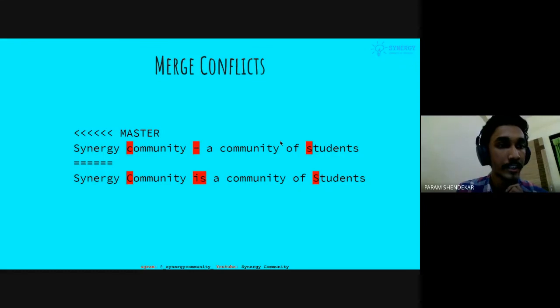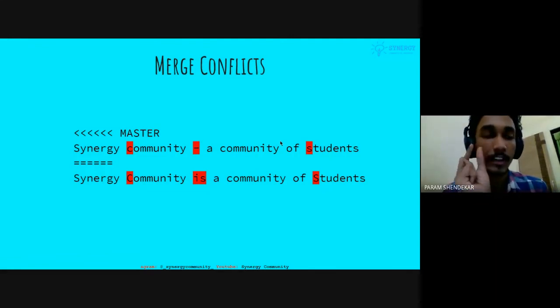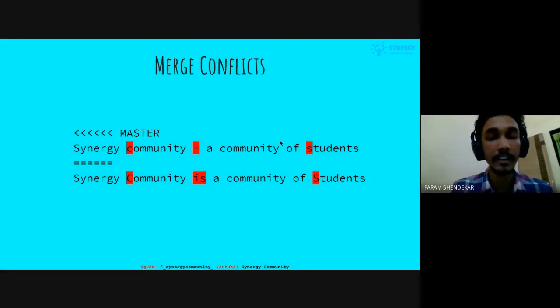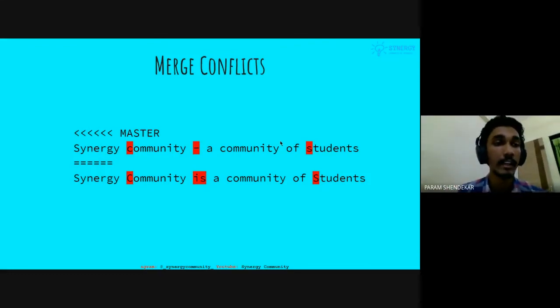As you can see on the screen, this is the way in which it would be presented on your terminal or on your desired text editor. The red part which is highlighted, the text editor would convey to you that this is what exists and these are the changes that were made. Which version of both the lines do you want to keep? It would highlight even those particular letters and alphabets stating that यहाँ पे change है, आपको कौन सा रखना है. In text editors like Visual Studio Code, it is very clearly defined, and you can just by the press of one single button choose to keep either of the versions. So yeah, that was it about merge conflicts.